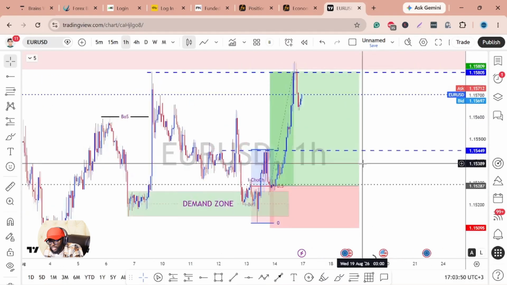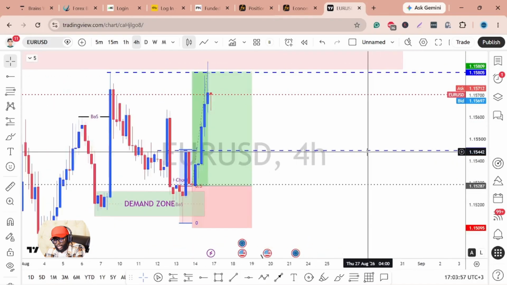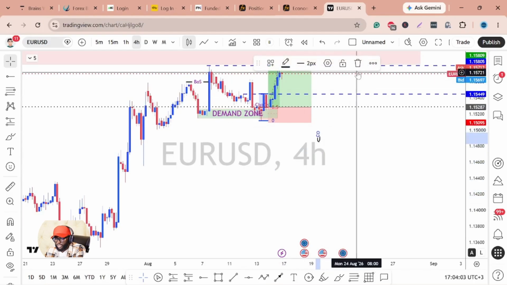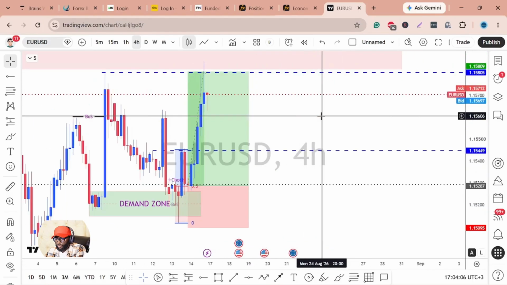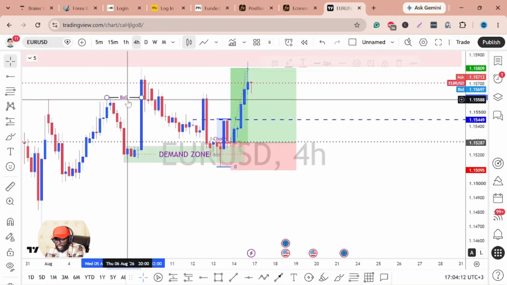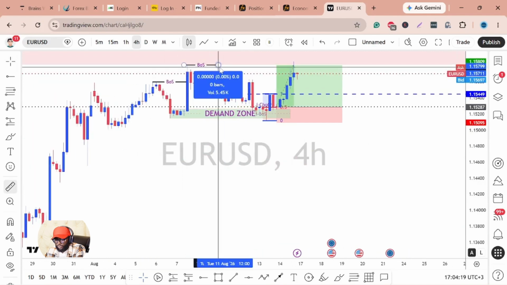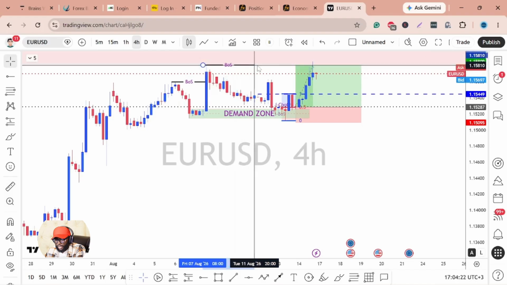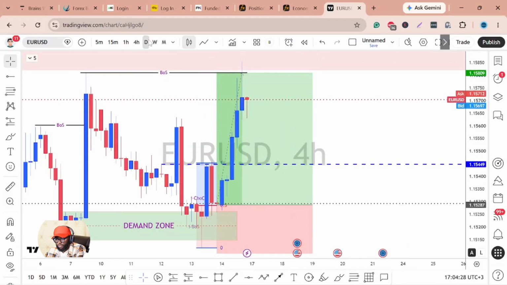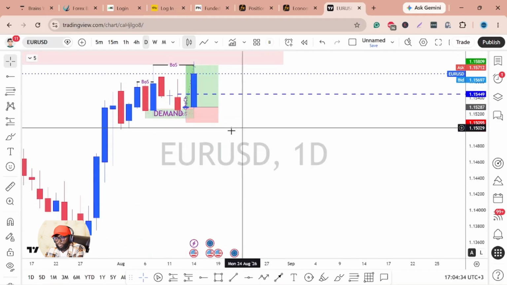Now for EURUSD, what is going to be happening during the upcoming week? Price is still bullish. We are still in a bullish setup. It also depends on what is going to be happening on the DXY. If price breaks this high over here, if the market opens and gives us another break of structure over here, then there is a high likelihood. Right now, the candle that closed last week is kind of a rejection candlestick from the 4-hour. You can see that, but from the daily, this is significant bullish price action.